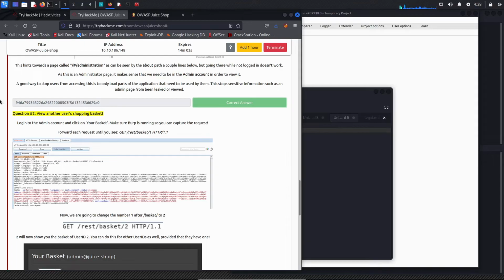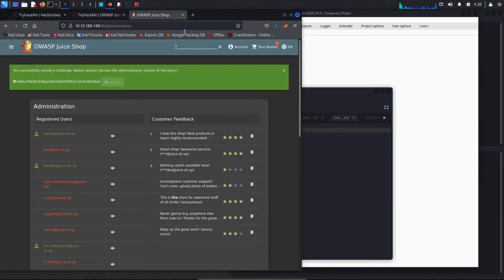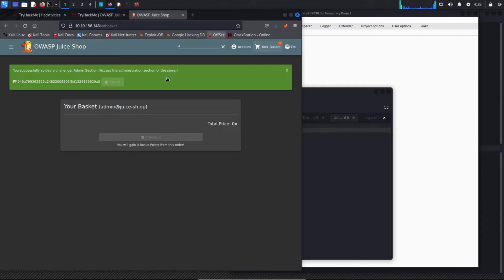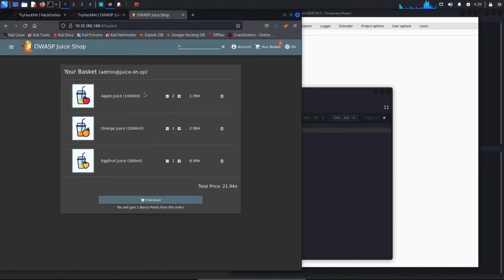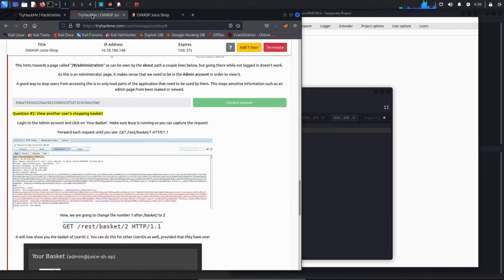Now question 2, it's about viewing another user's shopping basket, and we're going to use Burp to solve this one. And when we make the request, let's see, you look at our basket and see that it has these items, and what we want is to be able to look at the baskets for another user, and we're going to change these requests using Burp.